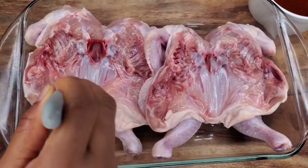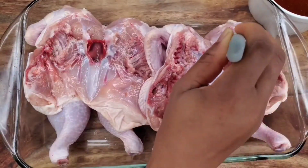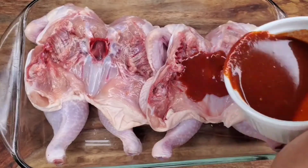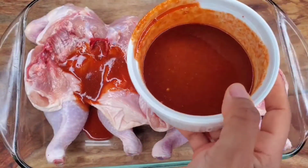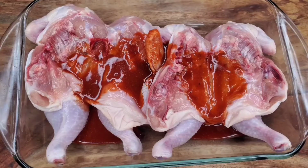So after you've cleaned up your chicken, rinsed it and everything, then I'm going to just poke some holes in there. Try not to pierce right through the chicken, all right? You can use a fork or a pointy knife, and then the marinade is just going to go right in. So we'll rub this in and then we'll flip it over and rub in some more. You don't have to use all the marinade, guys. You can leave about a quarter of it,